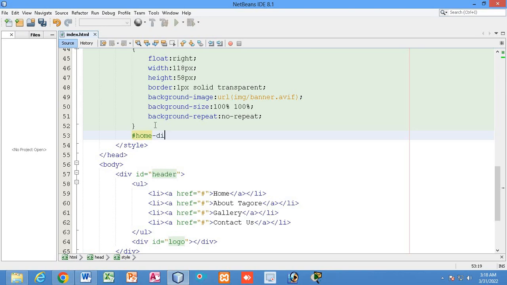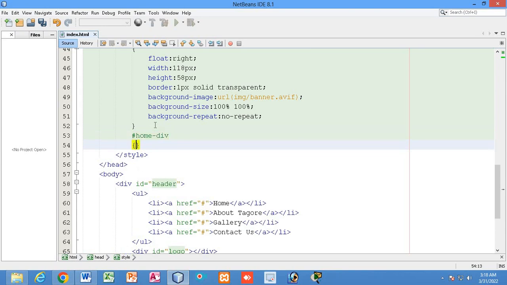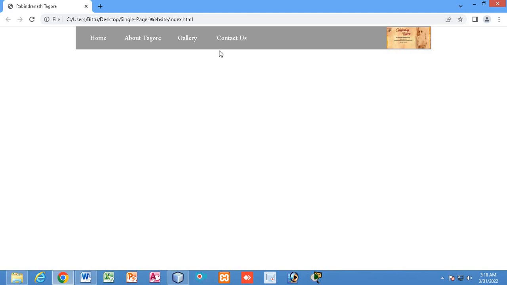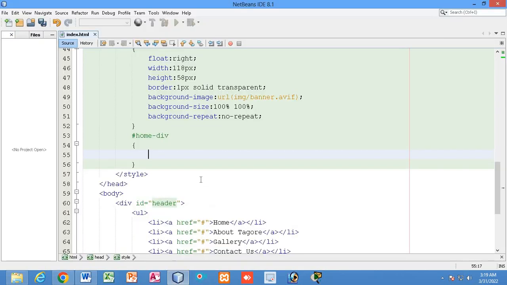So you can see for the home div I am going to write the CSS. So how much height, how much width should I take for this home div? So I want the full home div should appear in this scheme without getting